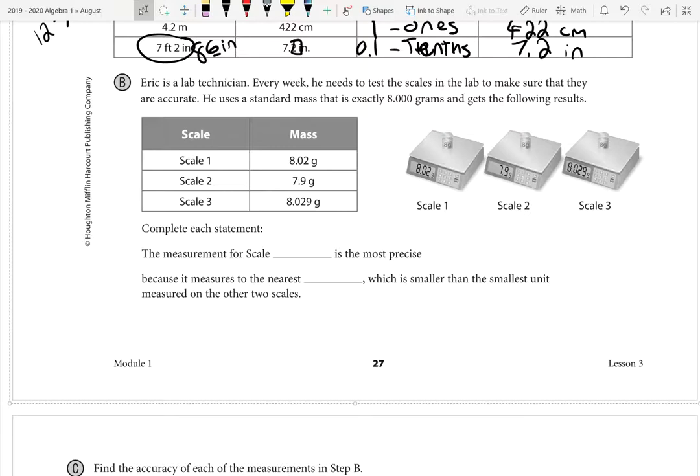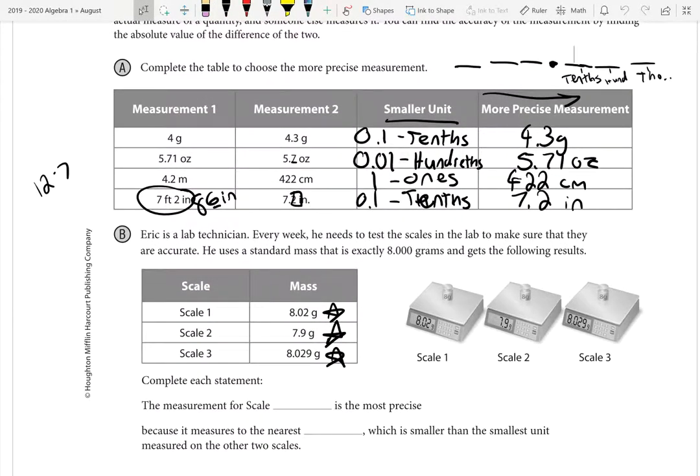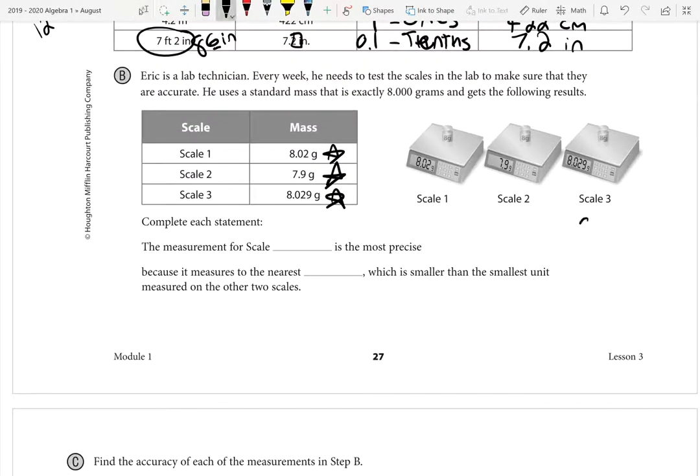8.029 grams. The statement, all right, so the measurement for scale blank is more precise. So which of these is more precise? Now remember, precise is just going to that level of detail in the decimal. So when we're comparing these, I'm going to write them down here so I can write them all next to each other. We have 8.02, we have 7.9, and we have